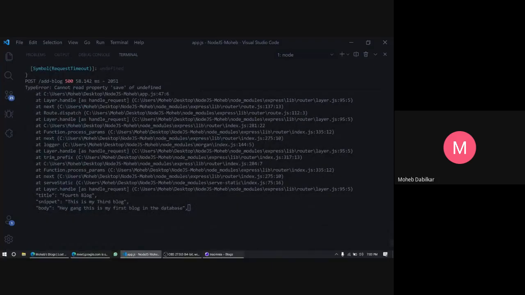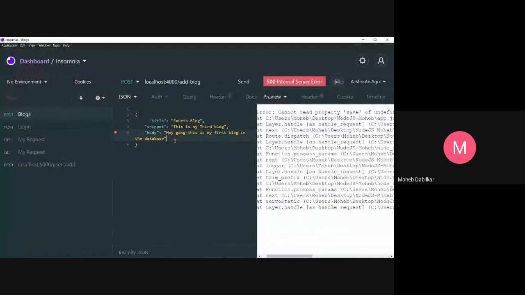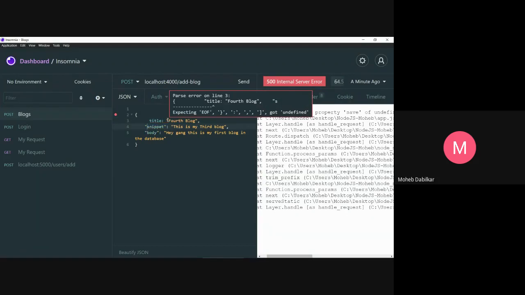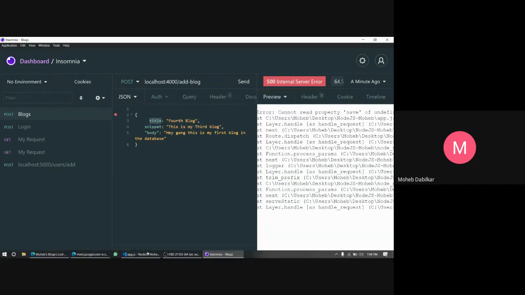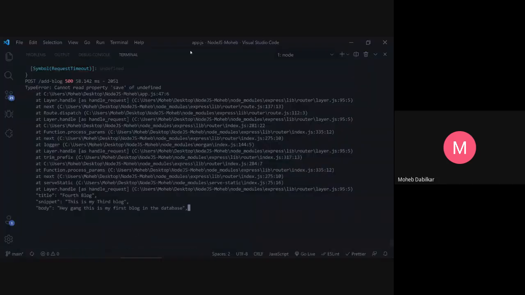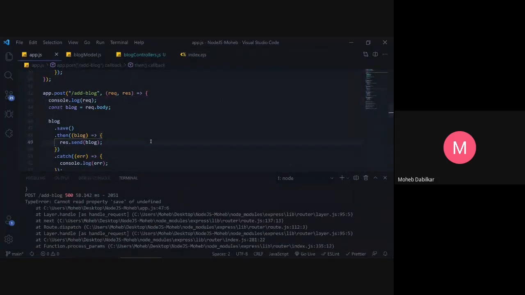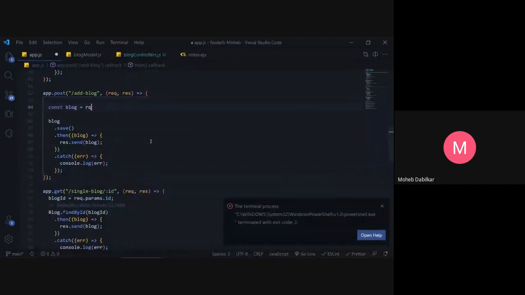Let's just add a body right now. You see our JSONs were actually like this. This title doesn't have anything over here.